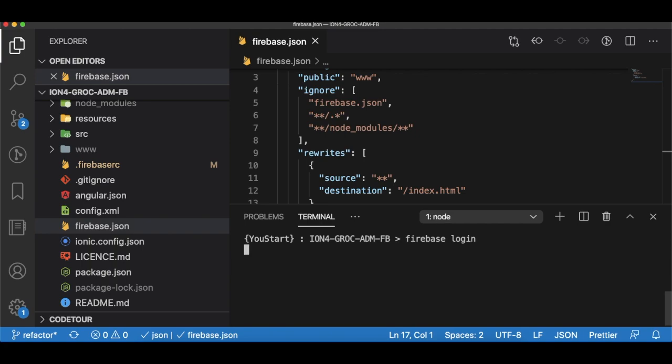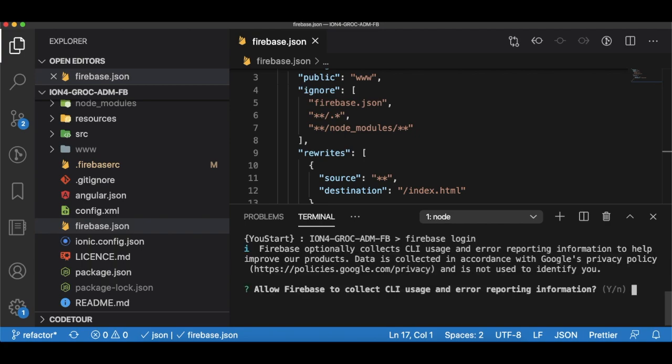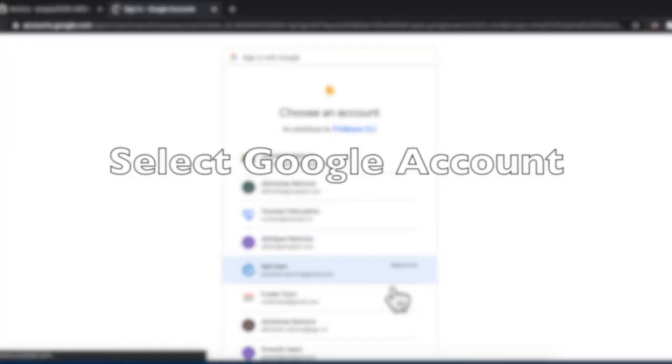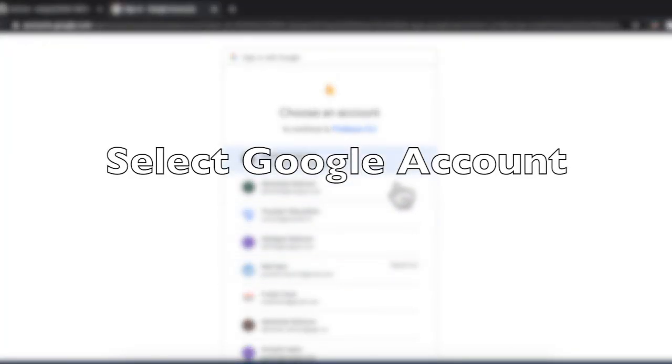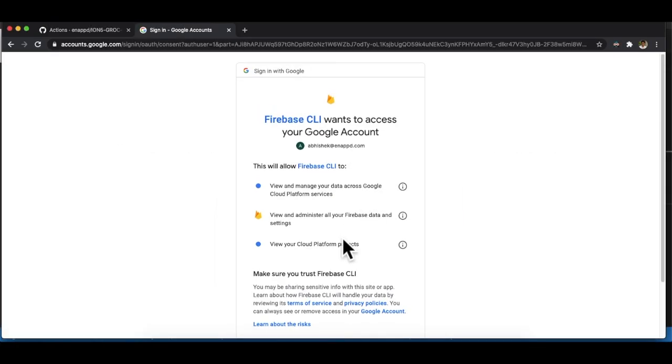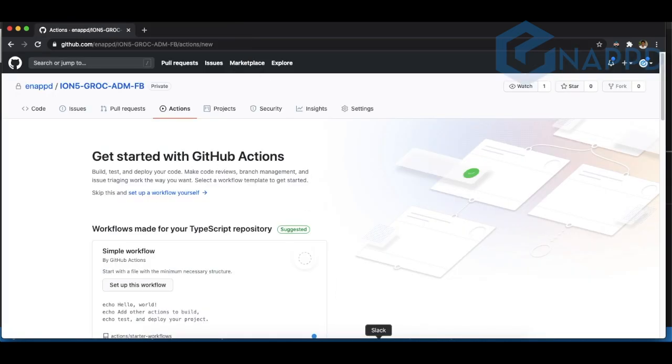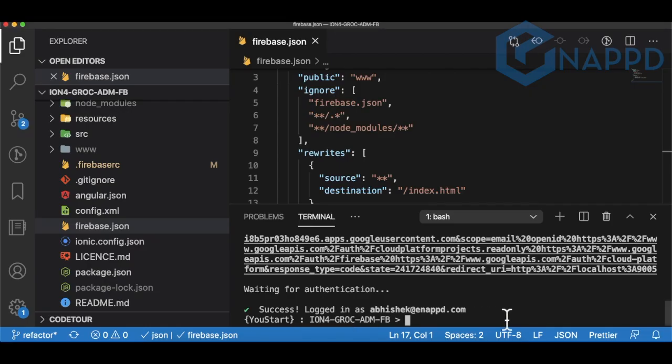I log into Firebase using the firebase login command. I choose one of my accounts in which I have the Firebase application that I need to deploy. Then I have the build already here, like I have already run the Ionic build command.